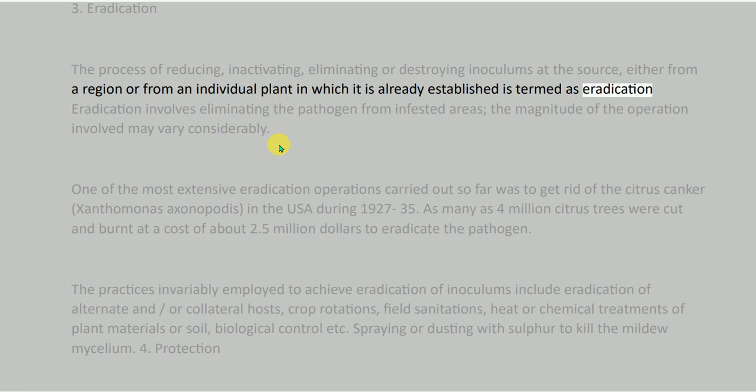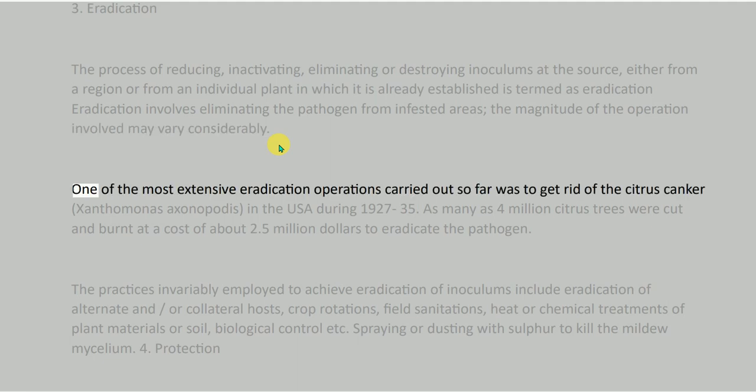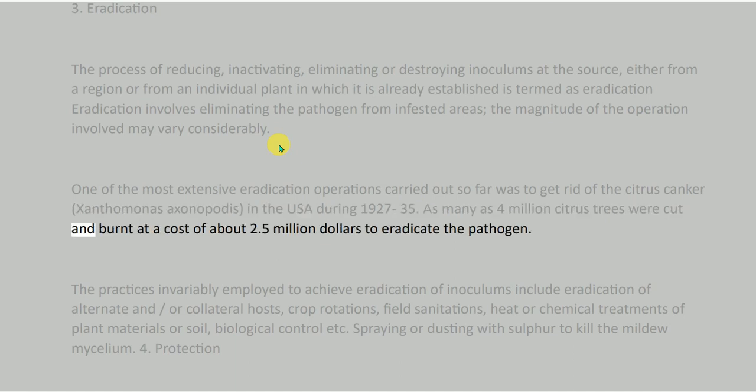Eradication involves eliminating the pathogen from infested areas. The magnitude of the operation involved may vary considerably. One of the most extensive eradication operations carried out so far was to get rid of the citrus canker, Xanthomonas axonopodis, in the USA during 1927 to 1935. As many as 4 million citrus trees were cut and burned at a cost of about $2.5 million to eradicate